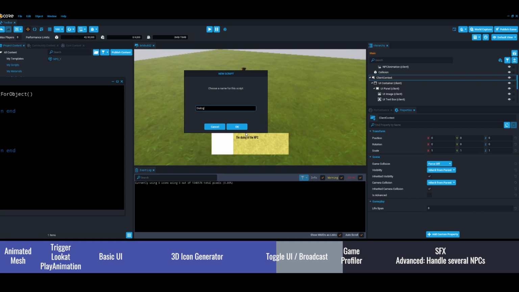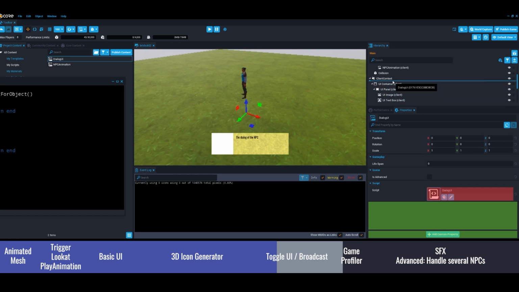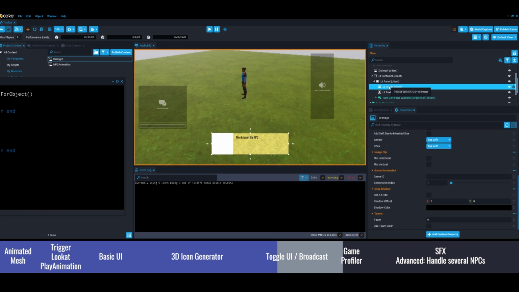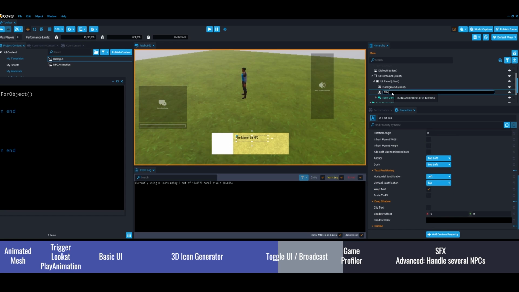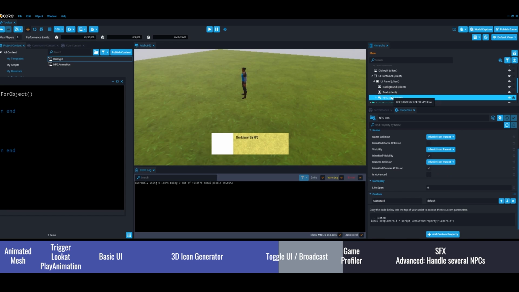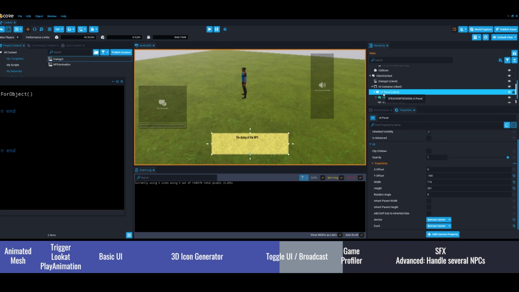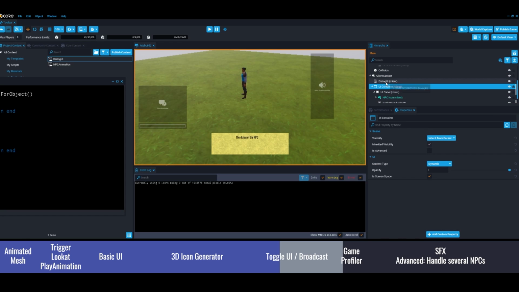Dialogue UI, maybe. Dialogue UI, and maybe we can rename that background text, and this is the NPC icon. And so by default I want that to be force off,